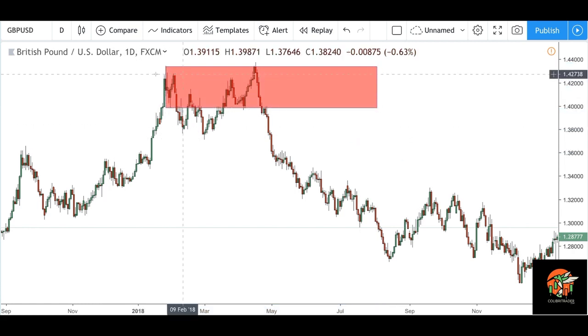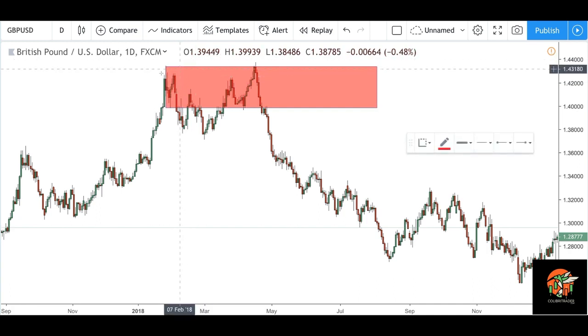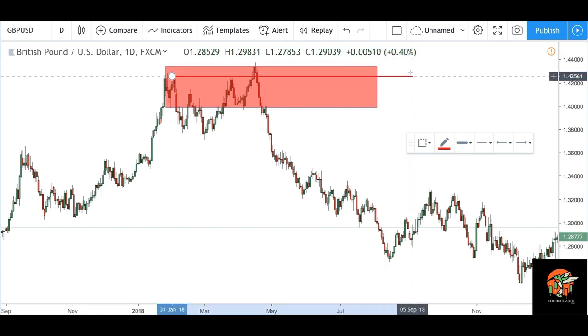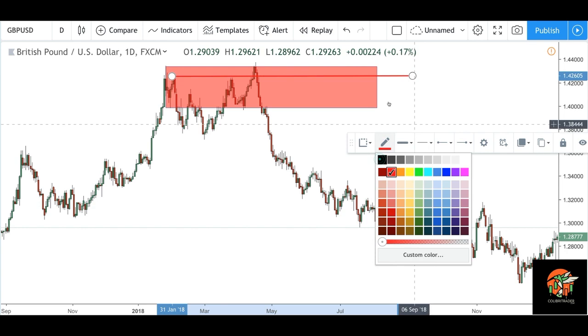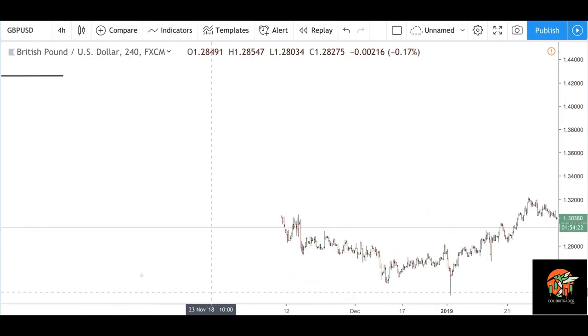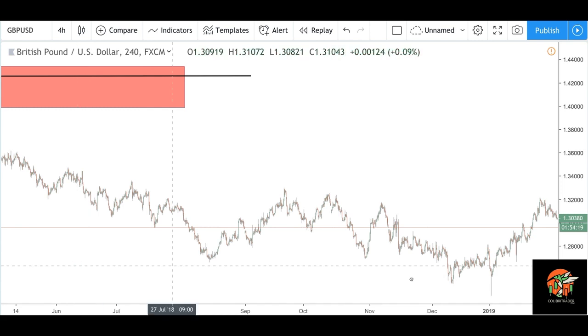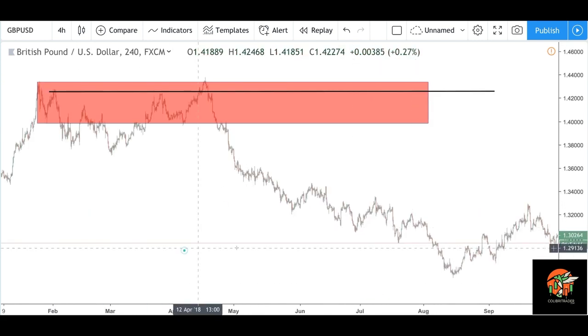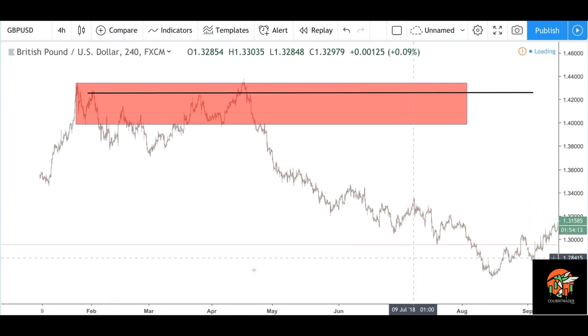I'm also taking into consideration the close of those candles here, not just the high values. So if the close is taken as, let's see, this is the highest close. If the close is taken as a resistance level, what I'm looking for is for the price to close above this resistance level here, and then once it closes above, I start looking for a clearer sign. And what I mean is I'm switching down to the 4-hour chart. So if I go back to the beginning of the year, to the exact same moment when this second top occurred,